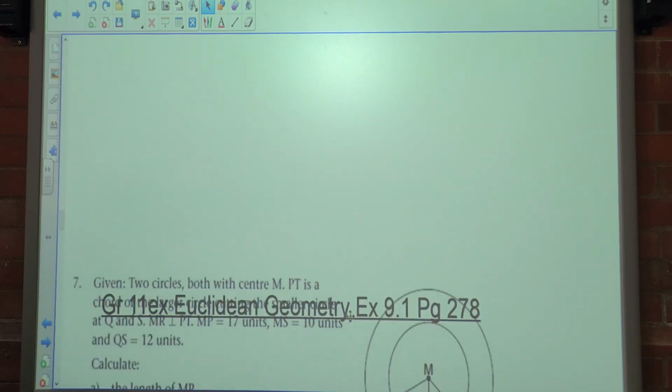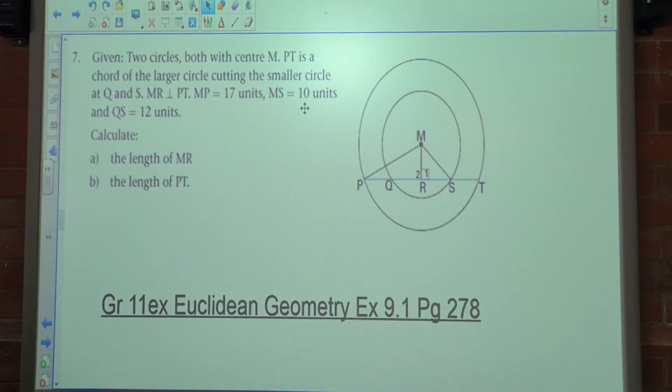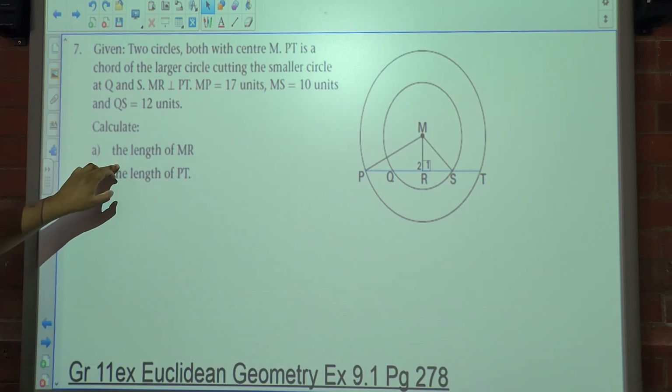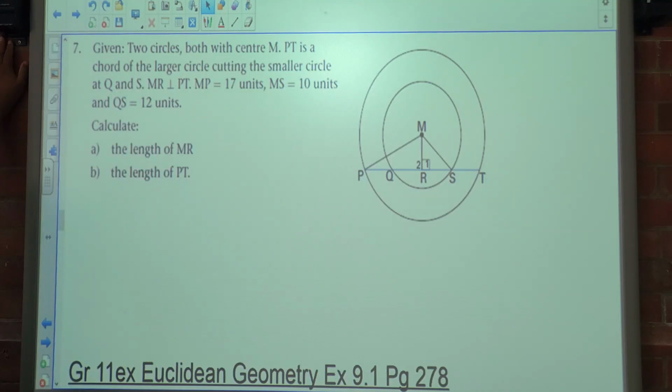Okay, let's go to number 7. Given two circles, both centered at M. This is also called concentric, when they're sharing a center of a circle. Two circles, both are centered at M. PT is a